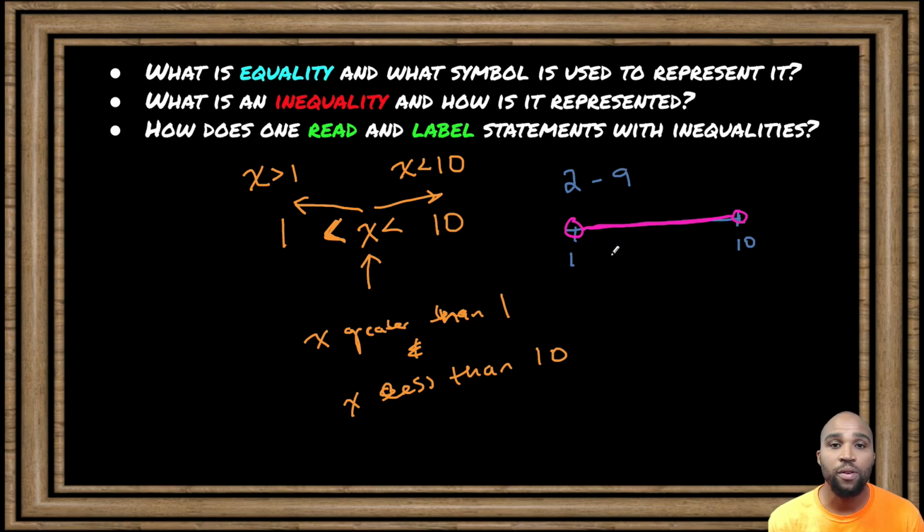It can go so much further as we talk about x being greater than 1. So if we had a number line and this is 1, let's say if x was greater than or equal to 1, then that would be a solid dot, and it'll go on forever in that direction because it could be all numbers greater than 1. So the discussion can continue on in a much deeper level, but I just want to give an introduction to equality and inequalities and how you can read and label those